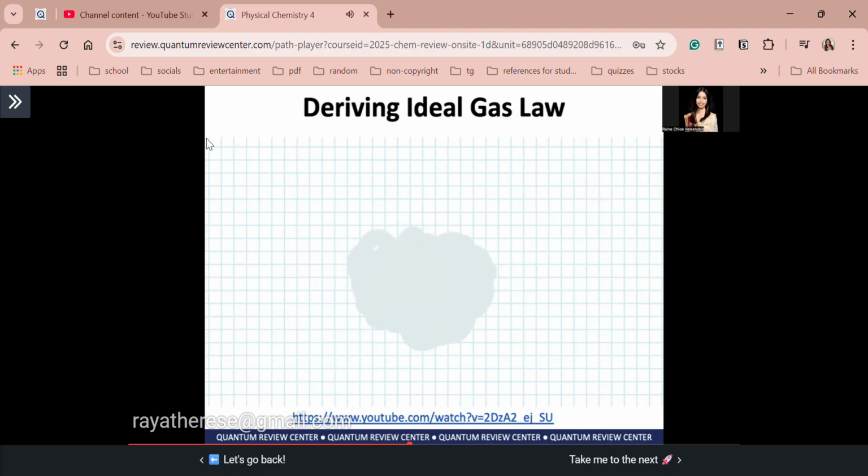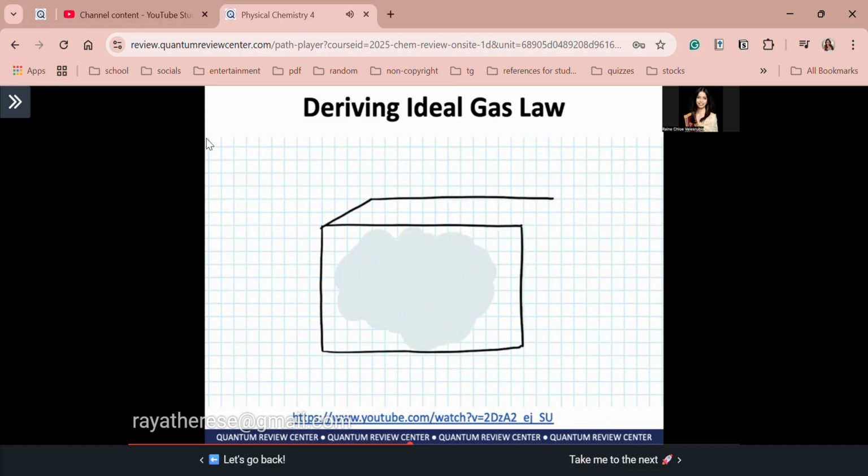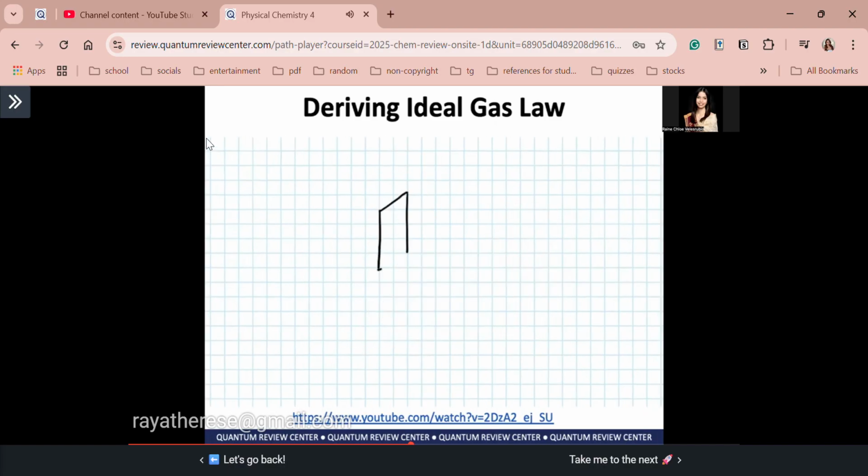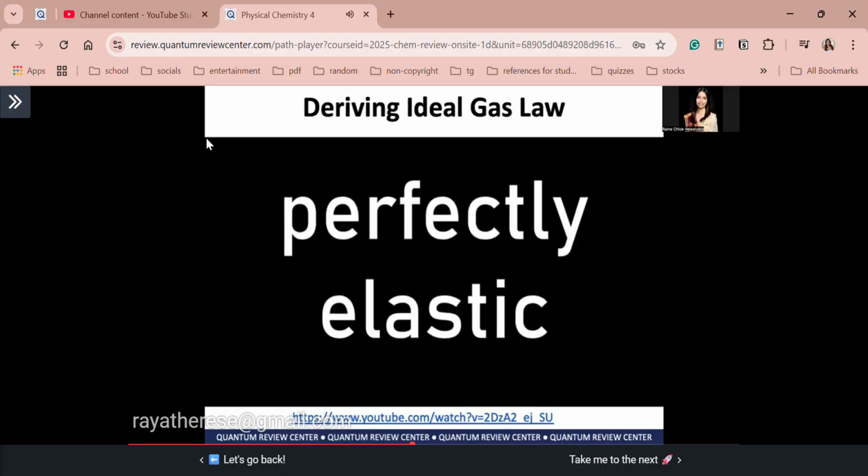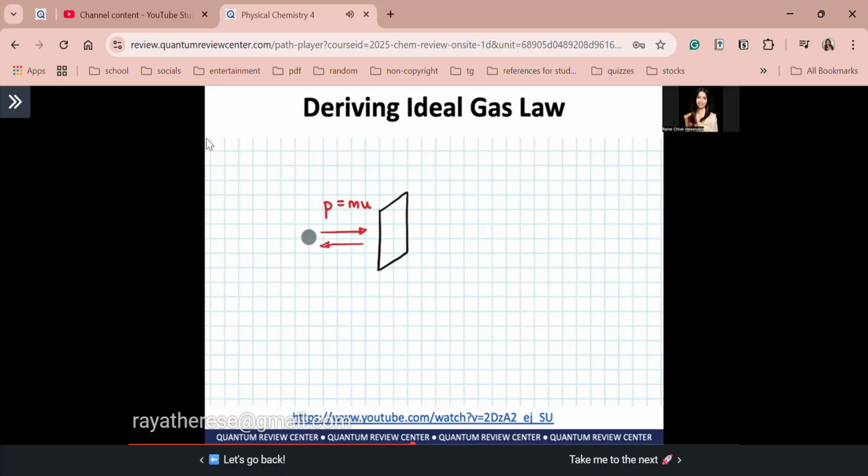Trapping a volume of gas inside of the container, the pressure inside is caused by individual particles colliding with the walls of the container. Let's zoom in on one single particle and isolate it from the rest of the gas. This particle collides into the wall with a momentum mu, where m is the mass of the particle and u is the velocity. Making the assumption that this collision is perfectly elastic, the particle will rebound with a momentum minus mu. They are the same magnitude, but the negative sign tells us that the particle is now traveling in the